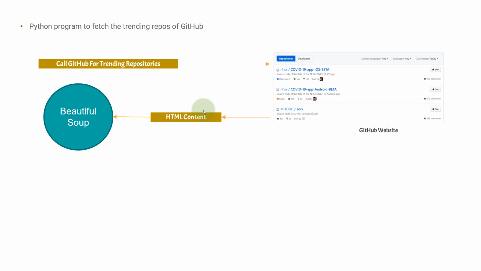So if you know about the DOM, the Document Object Model, it is a tree-like structure for your HTML data. Now in this Beautiful Soup DOM model, we'll use different queries to get the data that we want. So we'll see which data we are interested in and how we can get it through the query inside the Beautiful Soup DOM, or the object model.